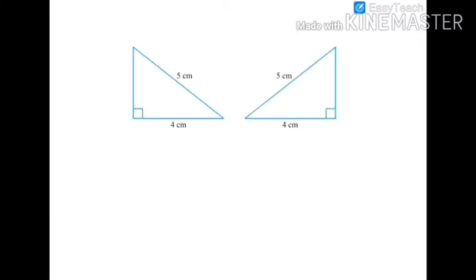Now consider 2 right triangles, triangle ABC and triangle PQR. Triangle ABC is constructed with base given as 4 centimeters and hypotenuse 5 centimeters. Triangle PQR is also constructed with the same base and hypotenuse, and each of these triangles is right angled, so one angle is 90. So triangle PQR is drawn with the same measures. However, its orientation is different from that of the first one.